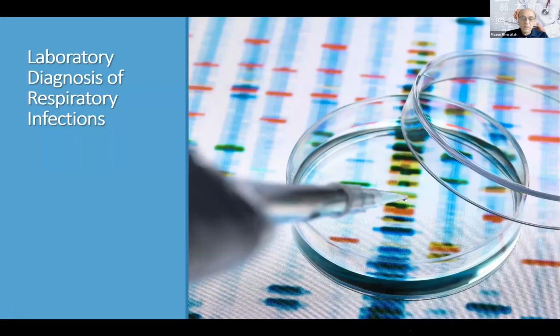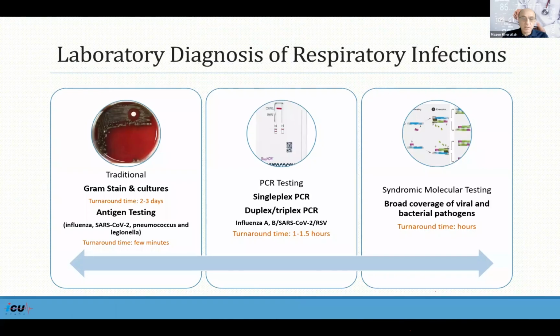And that's why we need more rapid tests so we can actually target antibiotic therapy in a better way. Traditionally, if we include all the laboratory tests that we have available to make the diagnosis of respiratory infections, we can talk about traditional testing that includes gram stain and sputum cultures or blood cultures. As we already mentioned, antigen testing, such as the direct antigen for SARS, influenza, or Pneumococcus, Legionella in the urine,